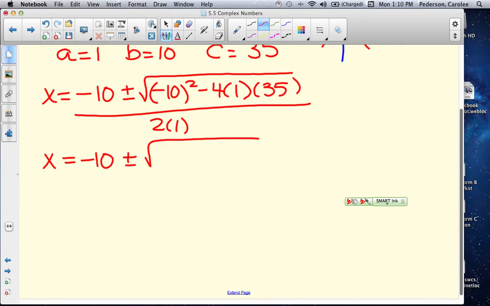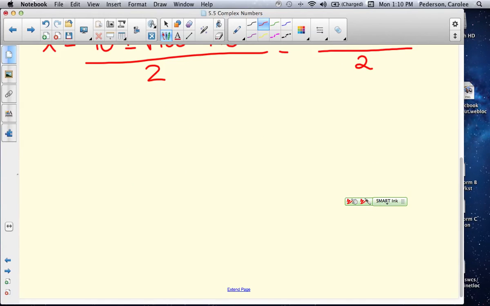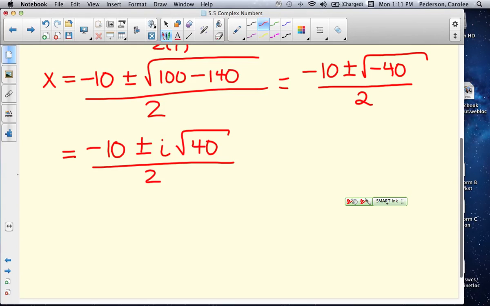Negative 10 times negative 10 is 100. And then 4 times 1 times 35 is 140, all over 2 times 1, which is 2. Continue reducing underneath the radical, which is what we call the radicand. 100 minus 140 is negative 40, all over 2. Then what popped up is a negative underneath the radical. So we have i square root of 40 over 2. And then we try to break down 40